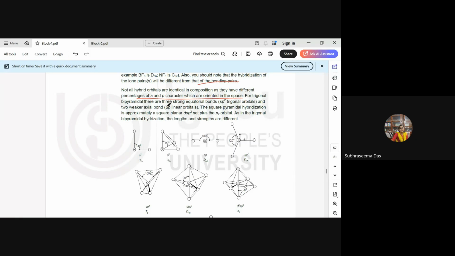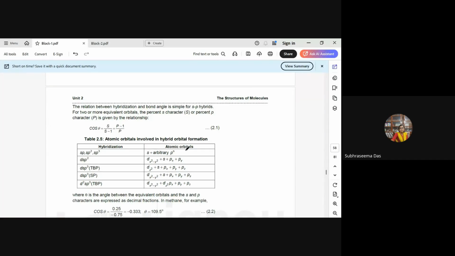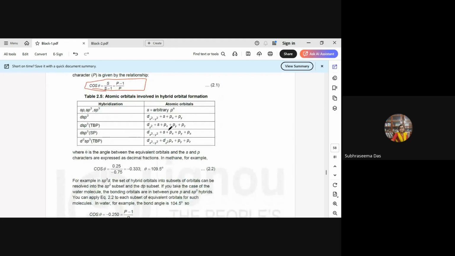For trigonal bipyramidal there are three strong equatorial bonds and two weaker axial bonds. The square pyramidal hybridization is dsp2 plus the pz orbital. Also in the trigonal bipyramidal the bond lengths are different. The relation between hybridization and bond angle is simple when we consider sp orbitals. For two or more other orbitals, the percentage of s or p character is given by cos θ = s/(s−1), or cos θ = (p−1)/p. So this is how we will calculate the percentage of the s character or the percentage of the p character